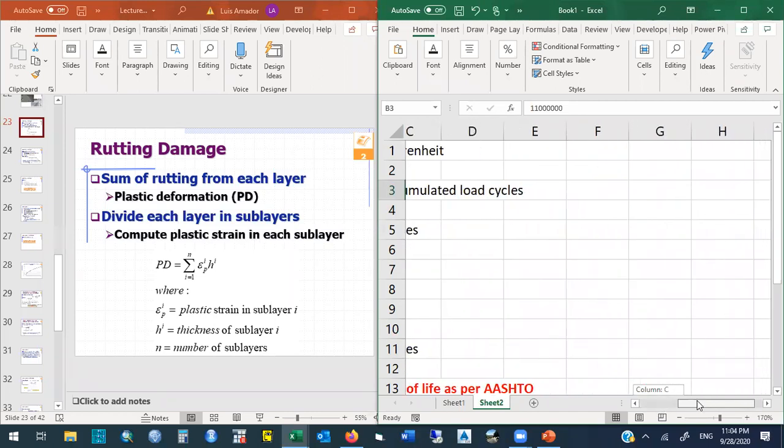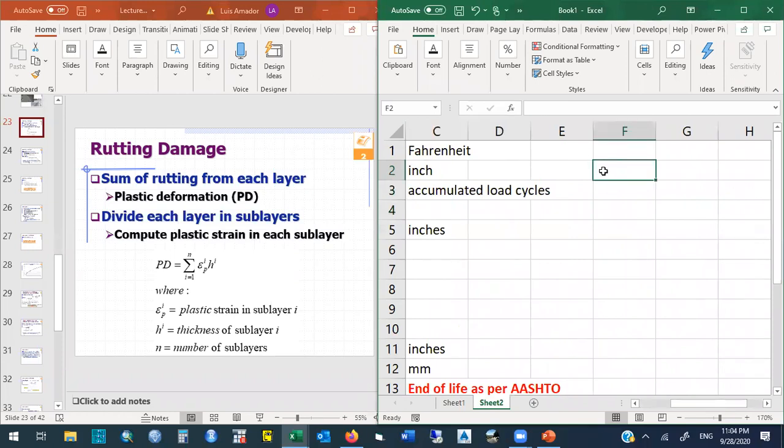So imagine you have on the base year 750,000 of those loads, and you have a growth rate of 2%. So let's say after 15 years, you will have